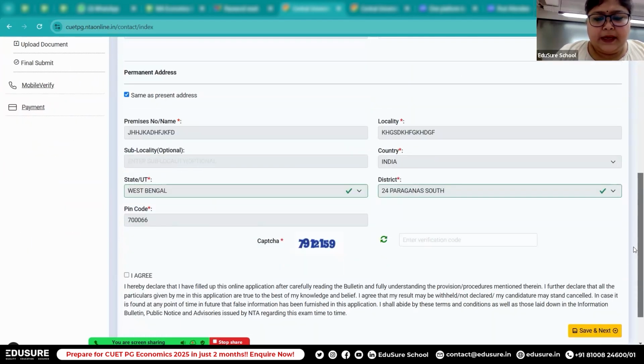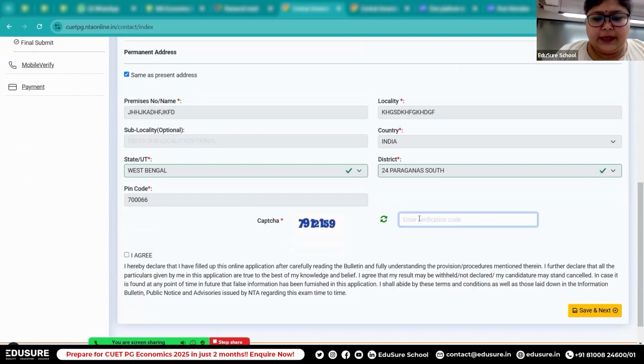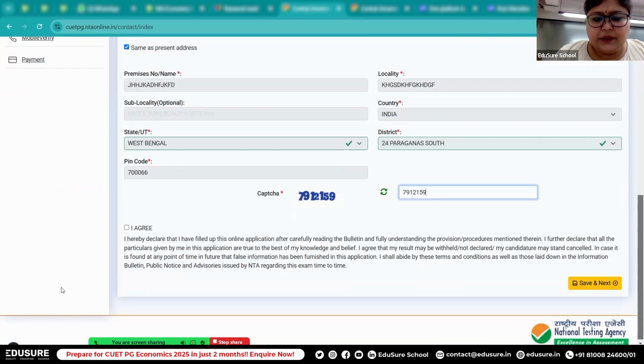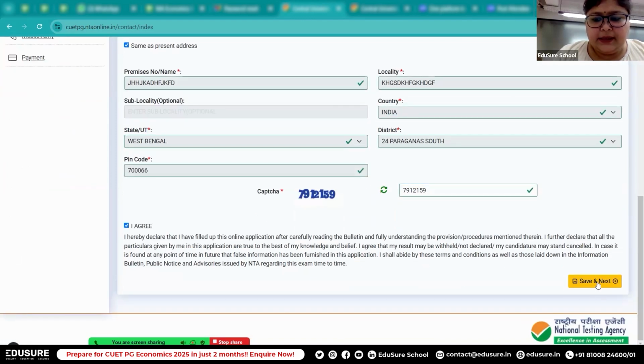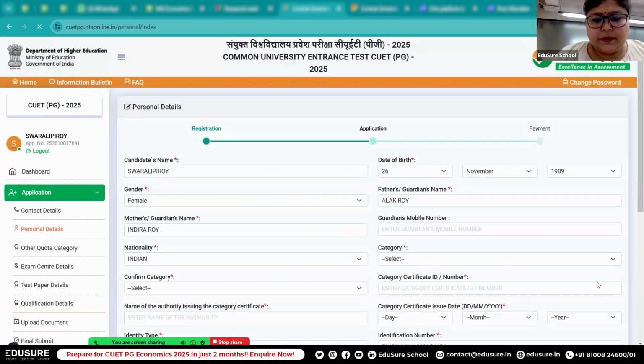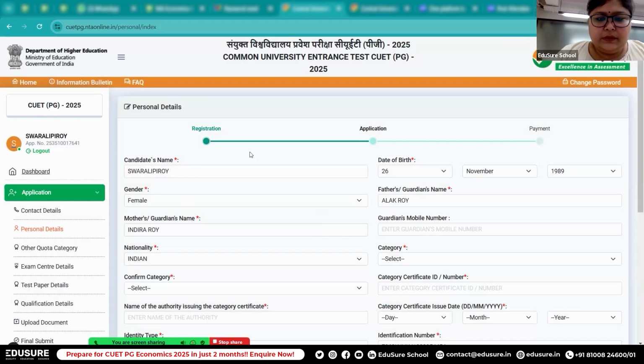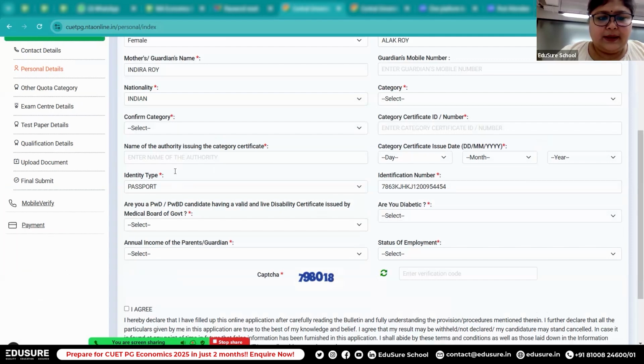Fine. Then again you have to enter the captcha, that is 7912159. Okay, so this is our first step, contact details. Okay, so here I agree and then save and next. Document saved successfully. Now here what you have to do, we have to just select our data, that is candidate's